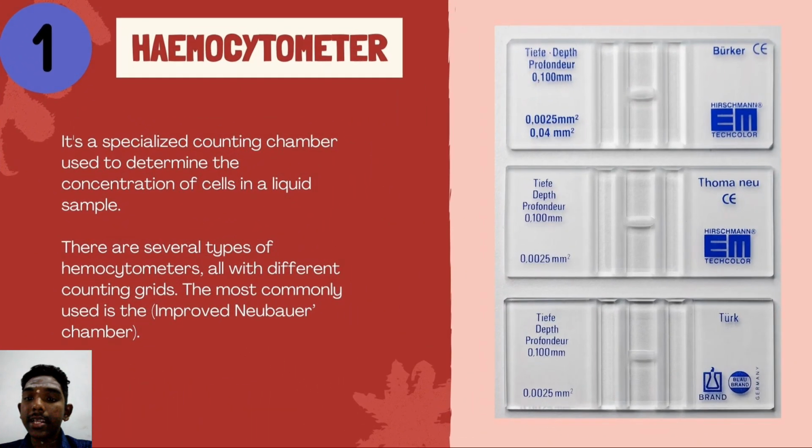So, what are the methods to count the blood cells in our body? Firstly, we can use a hemacytometer to count our blood cells. It's a specialized counting chamber used to determine the concentration of cells in a liquid sample. There are several types of hemacytometer, all with different counting grids, but the most commonly used is the improved Neubauer